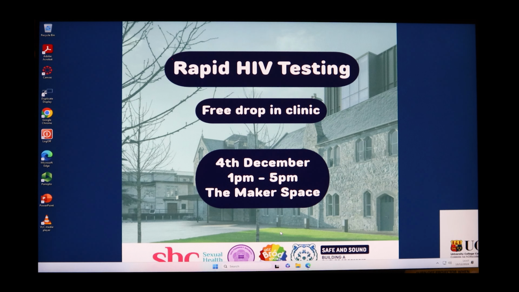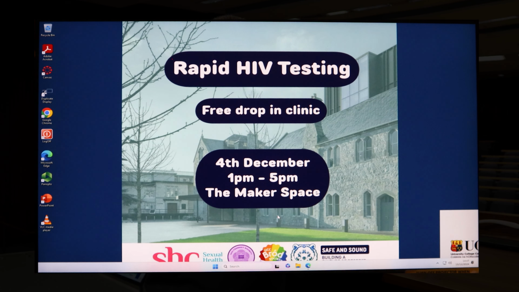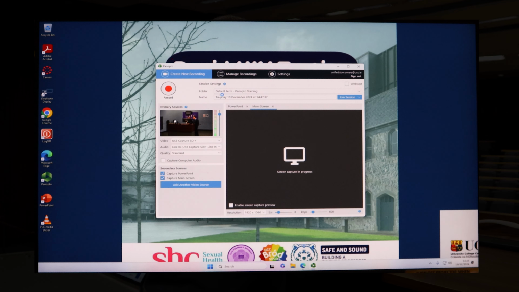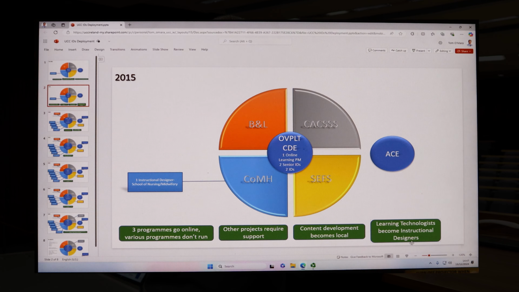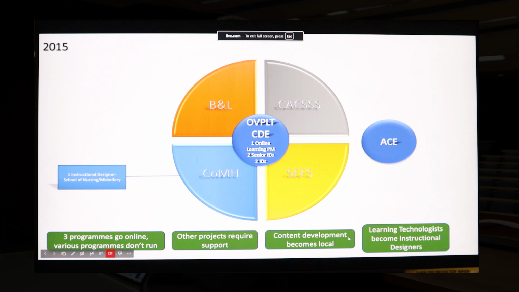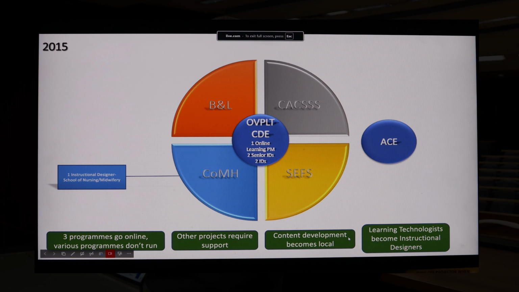So to record with Panopto, you simply find the Panopto icon on the desktop and you double-click on it. And now it knows where you recorded before, so you simply click on the record button. We switch back to our presentation, give our lecture, and when we're finished with the lecture,